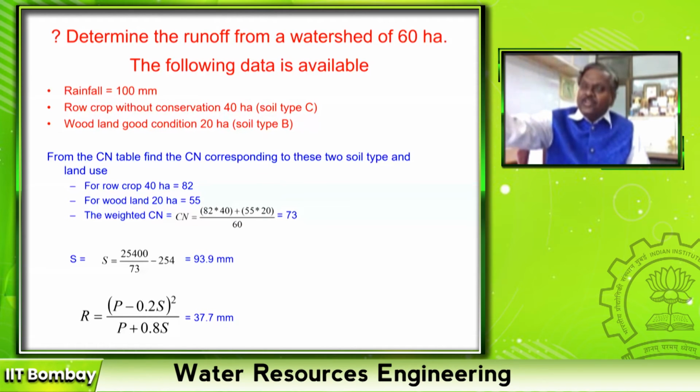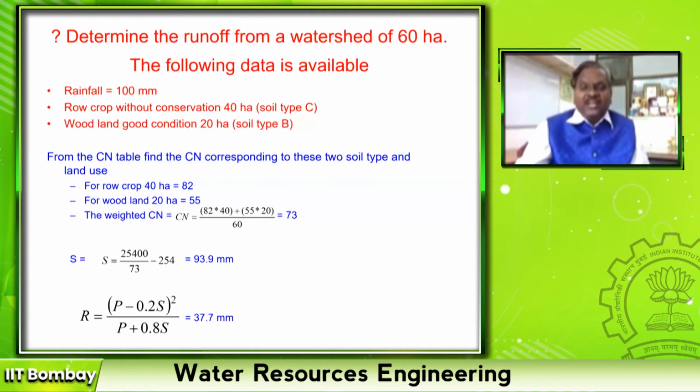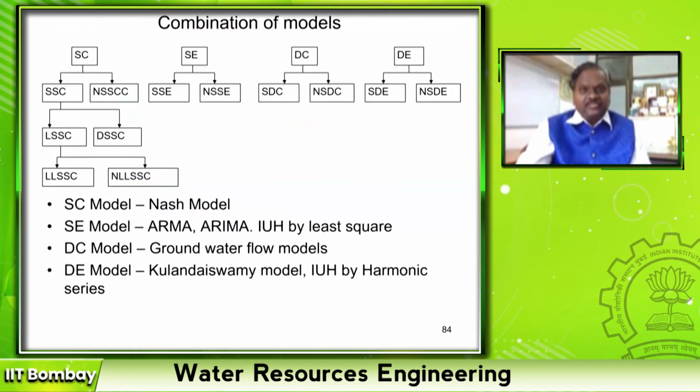I can easily find out its curve number, substitute that curve number in this, and estimate the runoff. But if my area is larger and larger, I cannot estimate runoff here and add it just like that. There will be a time taken by the water to move from the upstream farthest point and join the lower edge. So I have to consider this time delay also in estimating the runoff. That is called semi-distributed hydrological modeling, right?